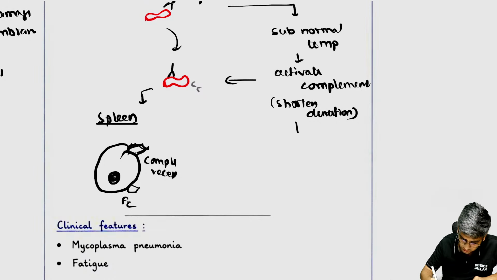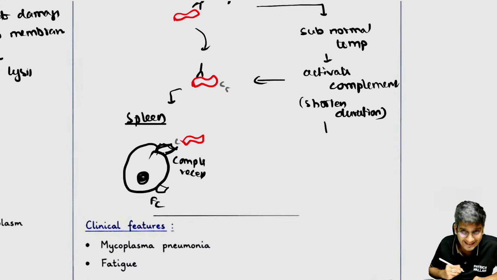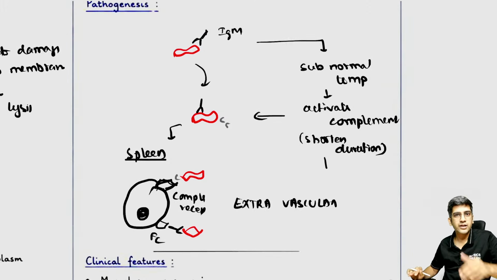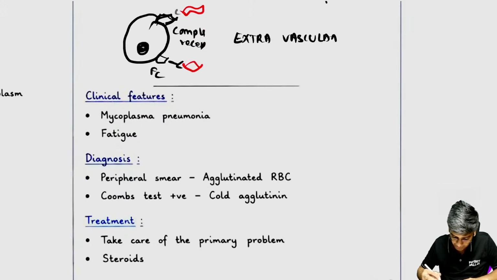I can bind to the complement receptor. RBC is bound to the complement, I can eat them. Or I have FC receptor, IgM is bound to that, I can eat them. By default, I'm going to have extravascular hemolysis only. Okay. Again here, in history, except for the initial inciting factors of CLL or infection, one classical history, that is Raynaud's phenomenon. Never forget that. That's where we started, right?